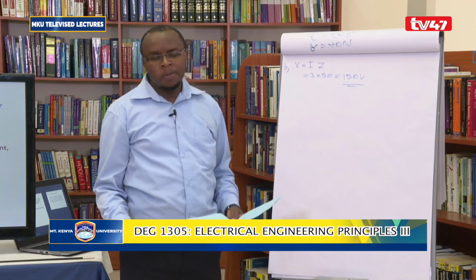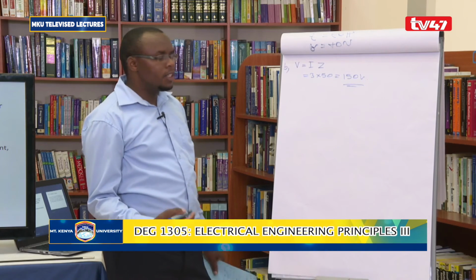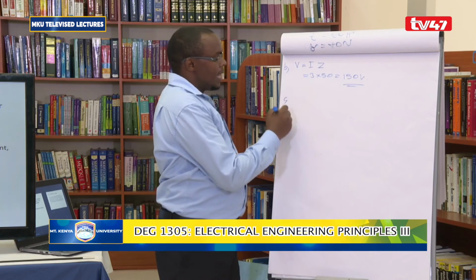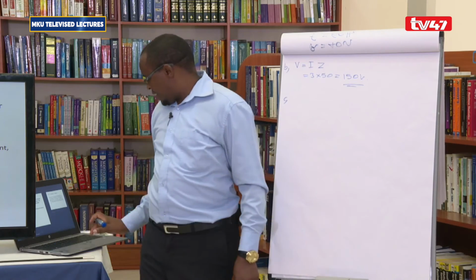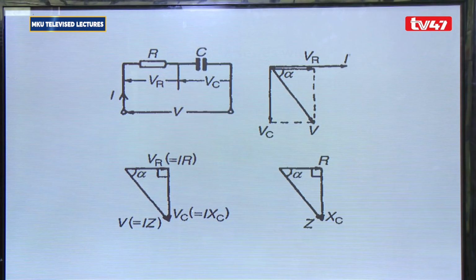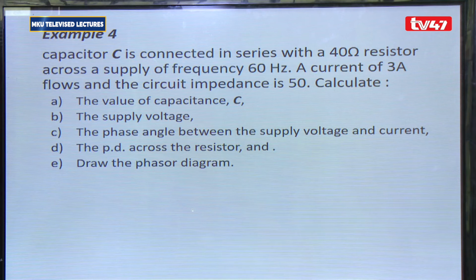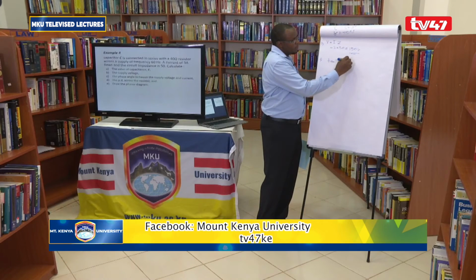And then part C is asking you to get the phase angle between the supply voltage and the current. The phase angle between the supply voltage and current is simply the angle that we were seeing in this diagram here. It's the same angle here, and we said it's going to be given by the tan inverse. So tan inverse of alpha is going to be given by,